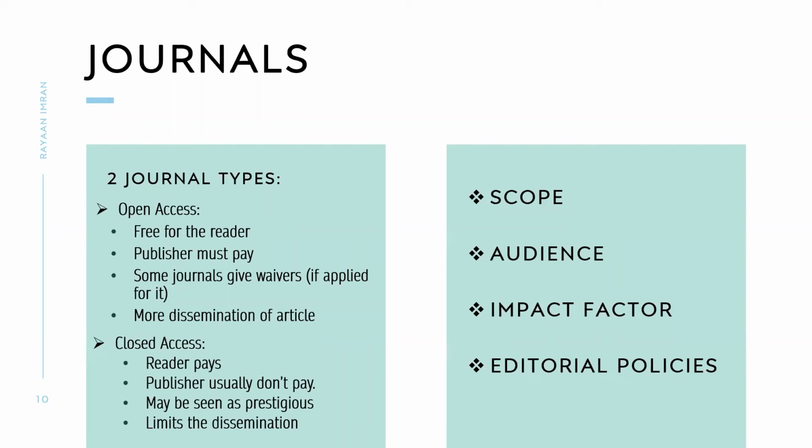Impact factor. Now this is a very important thing. A journal's impact factor is like a rating. How good is a journal? For example, JPMA is considered a low impact factor journal, but it is a good place to start with for the LTEs, just to build a foundation and move on to bigger journals. If I'm not wrong, JPMA has an impact factor of less than 1, I think 0.8, 0.5, and it's a low rated journal